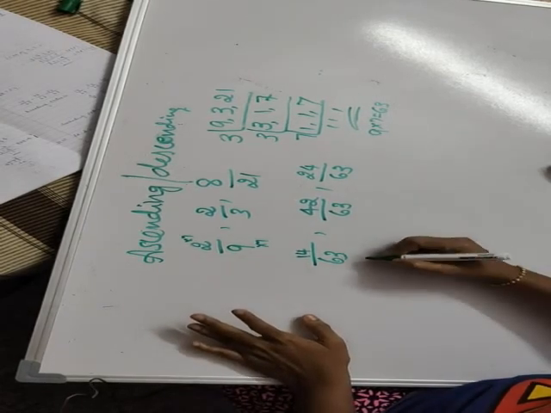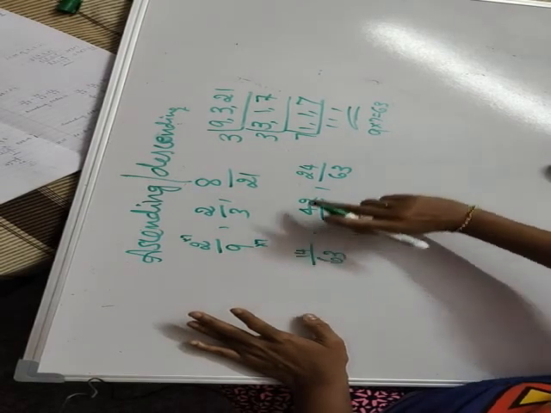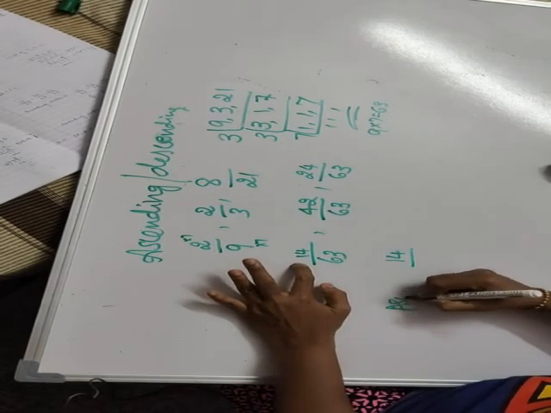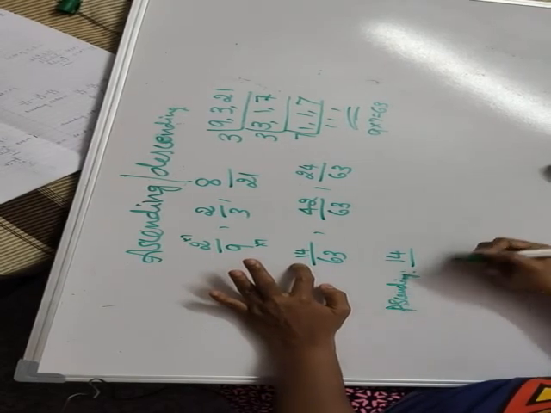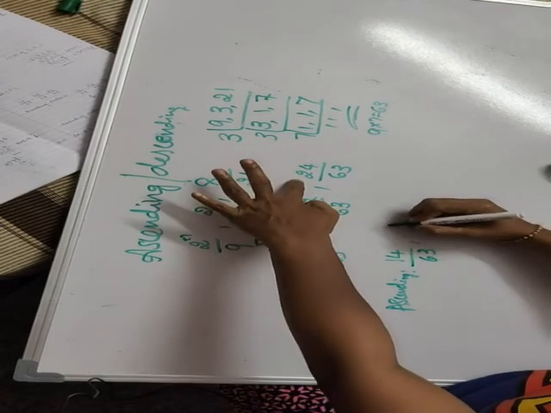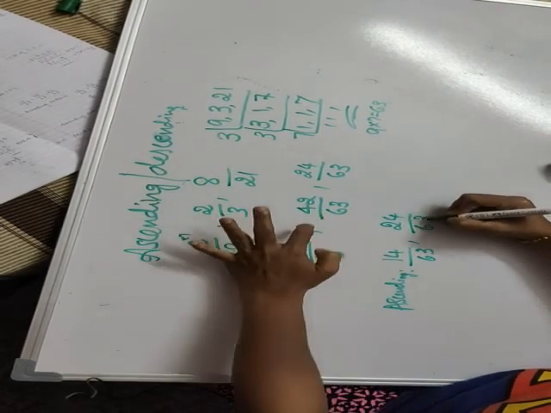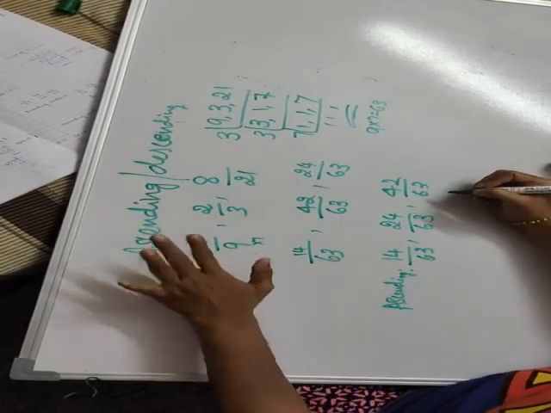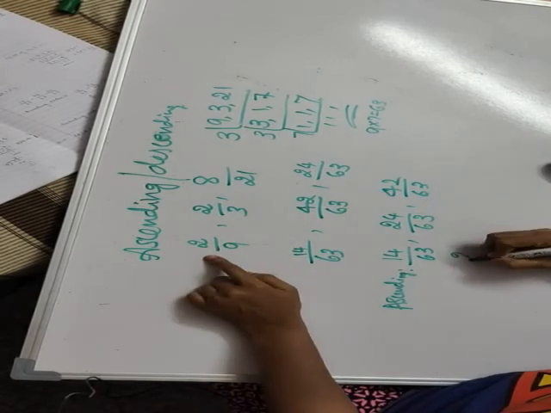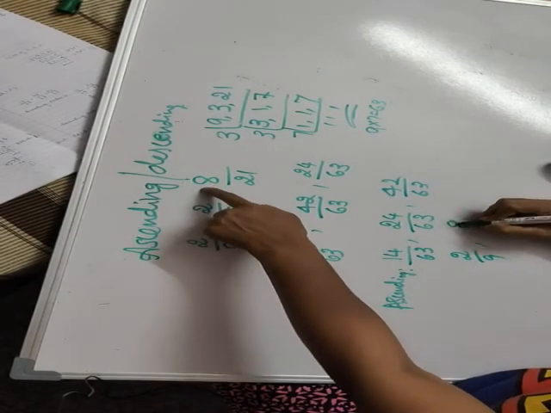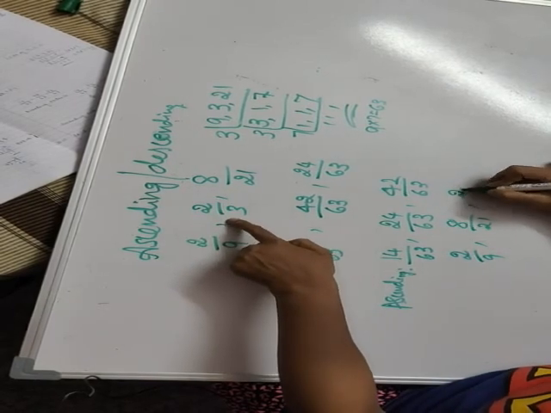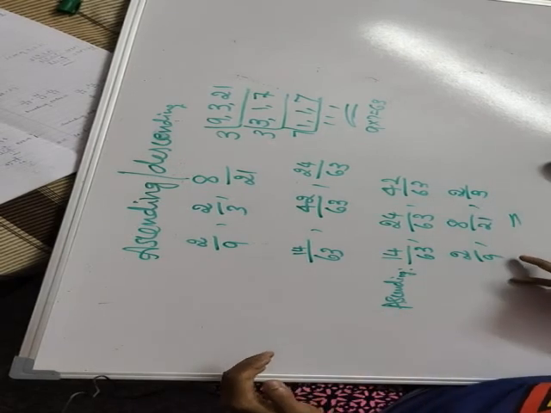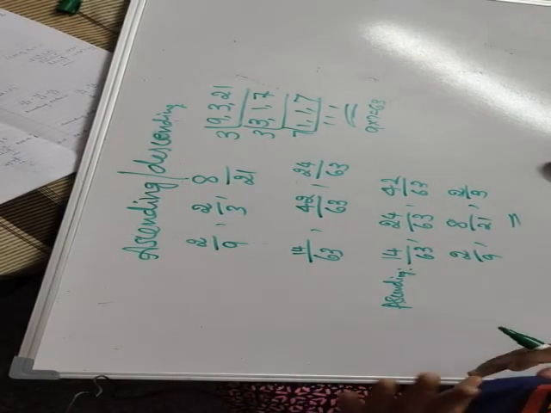Okay. Now I said when the denominators are the same, you just look at the numerators. This is a smaller one. This one is a smaller one. So ascending order. Ascending means smaller to greater. Next which one comes? 24. Don't leave here. You have to write this one in the original question. Don't leave and go there. This is the first one, this is the last one, this is the second one. Okay, this is the ascending. Descending means opposite, from here to here. Bigger to smaller. I think you understood.